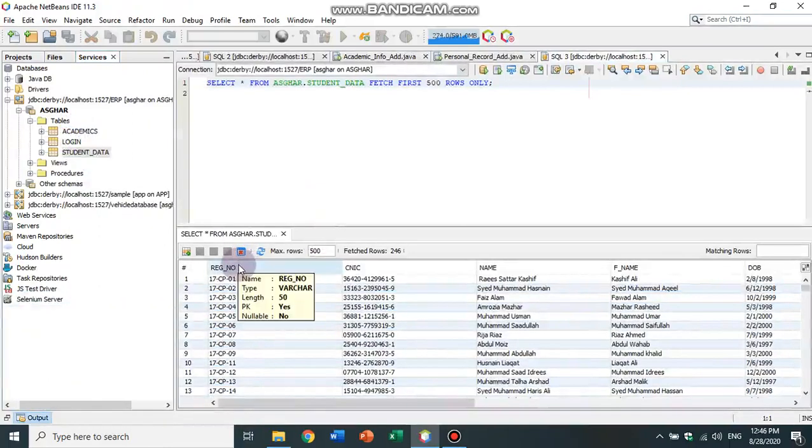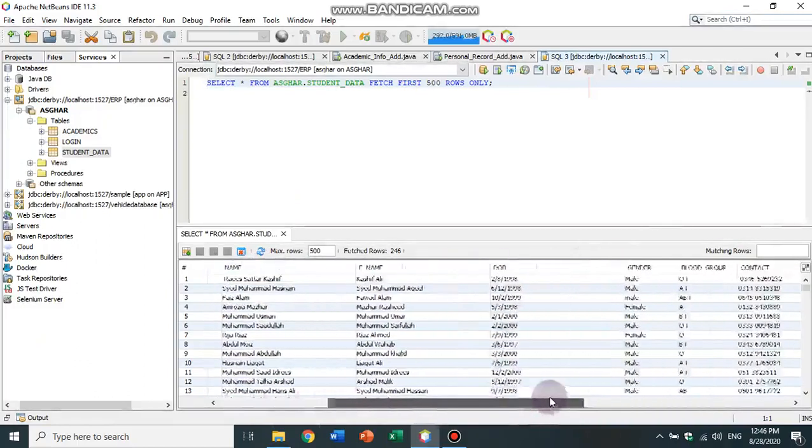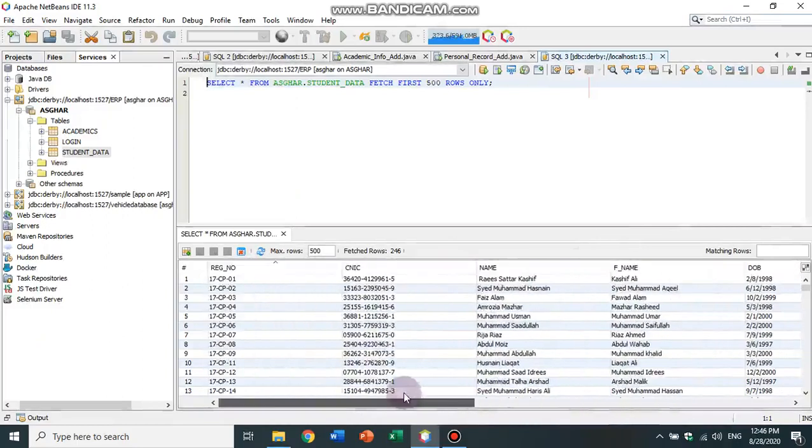This is, if you will see, a primary key. Whenever data is searched, it will search according to this primary key, this registration number.